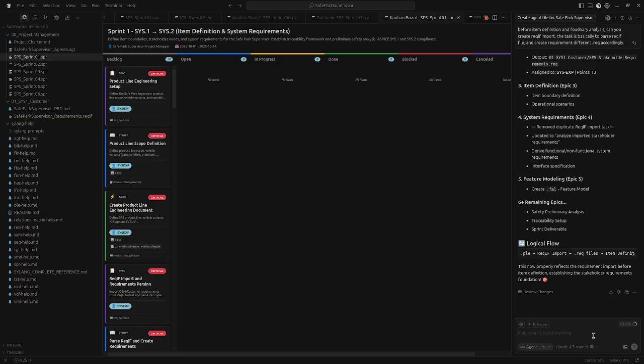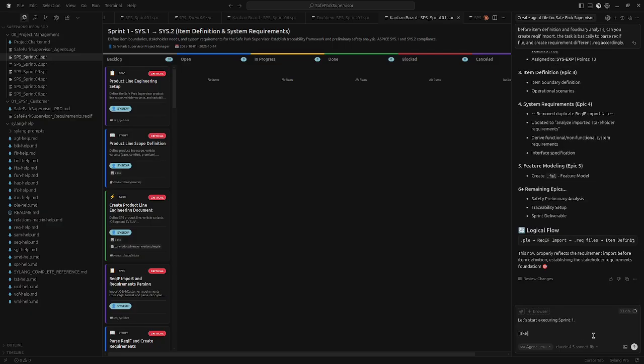So let's ask the AI: let's start executing sprint one. Take each epic, story or task, move the status in a proper hierarchical order